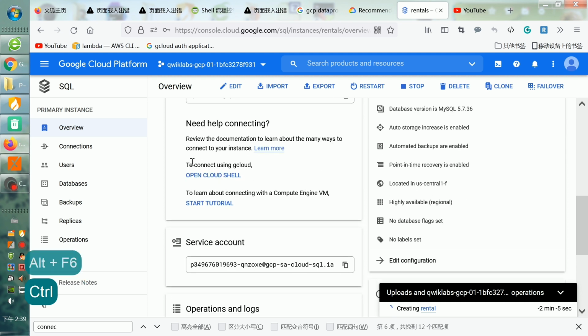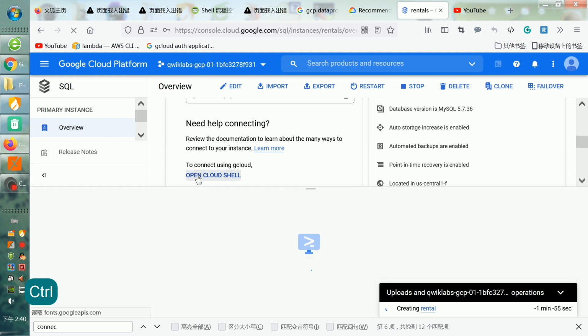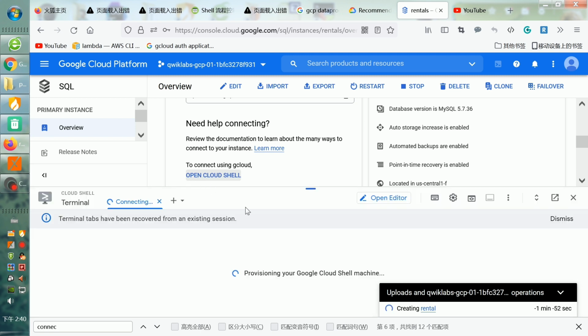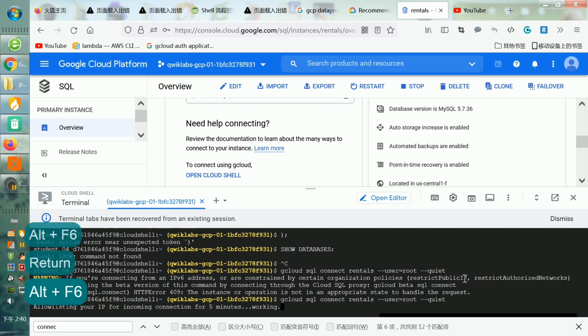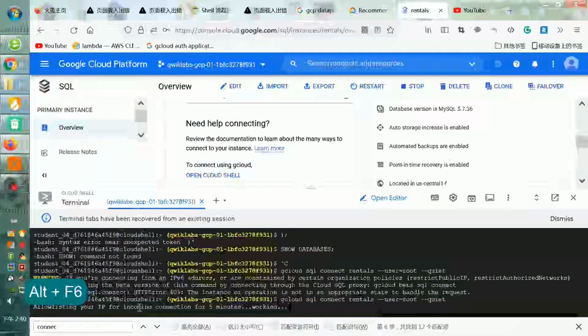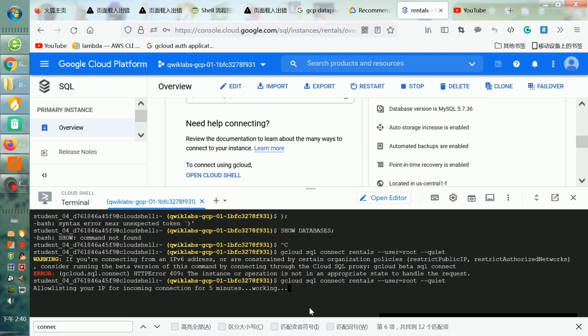And we can see this console has a very useful utility, which is called connect using gcloud, and we click on open Cloud Shell. It will run the command line to connect to this Cloud SQL instance. As you can see, this command line will connect to the Cloud SQL instance and allowlist your IP for incoming connections for 5 minutes. We should save data to Cloud SQL within these 5 minutes,